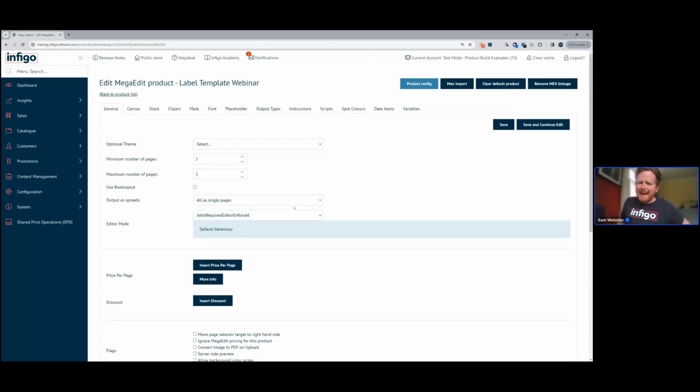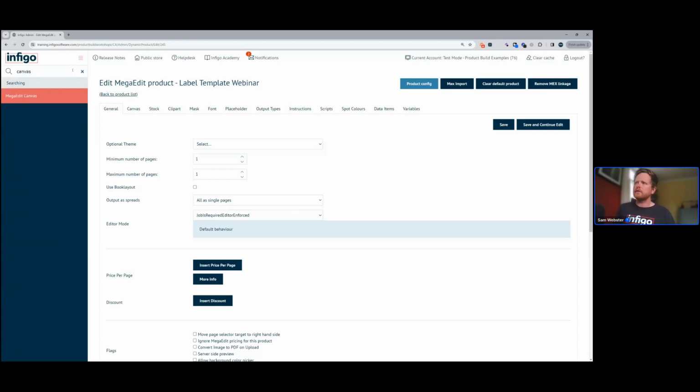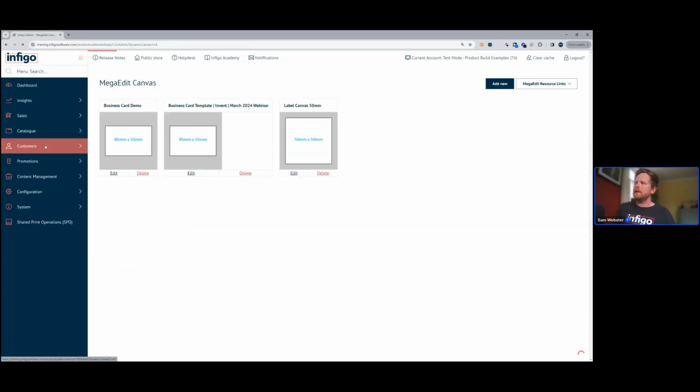Now I'm going to start to make the assets that I need to assign to this particular product. Now there's 3 that we absolutely need to make, which are canvas, stock, and output type. The rest are optional as to whether or not we need them. Now these are done in a separate area. The easiest way to access one of these is just to type the relevant thing into the search box. I'm just going to go for canvas, MegaEdit canvas,